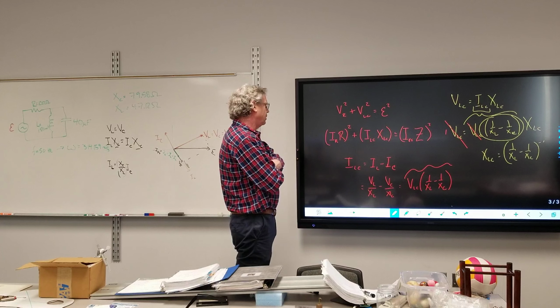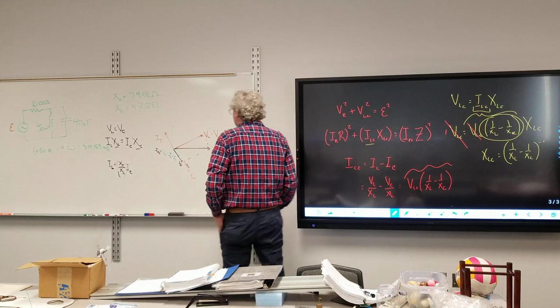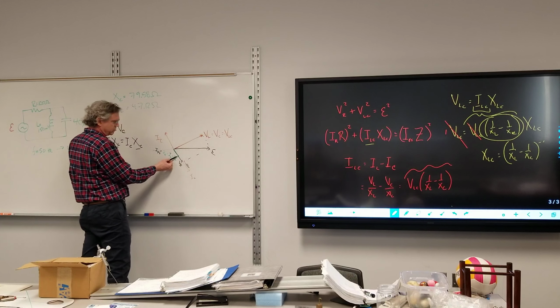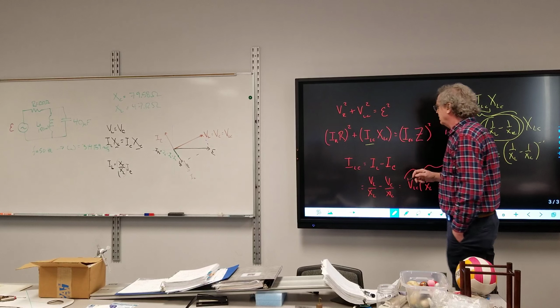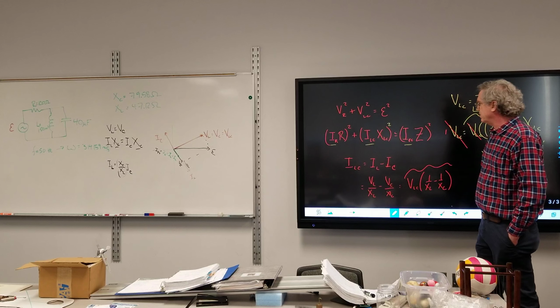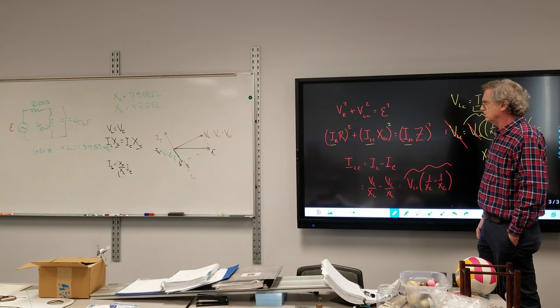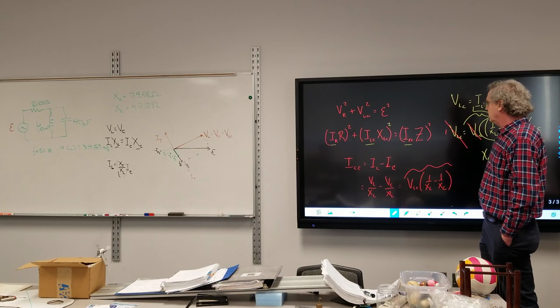So now we could plug in the XL and XC values. What we're left with is, if this ILC, which is this green thing right here, is the same as IR, which is the same as IPS, then, I forgot to square that. That, and that are all the same thing. Therefore,